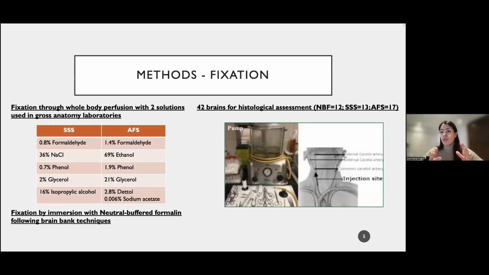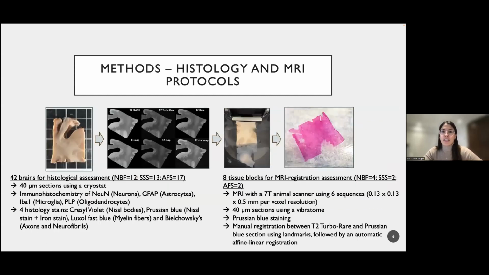This is the common procedure in anatomy labs, in which the solution is injected through the carotid artery, as you can see here, with a pump. And in our case, it's injected with a SSS, a salt-saturated solution, or the alcohol formaldehyde solution for a full body involvement for dissection. And for histology assessments, the 42 brains were sectioned at 40 microns and processed with immunohistochemistry